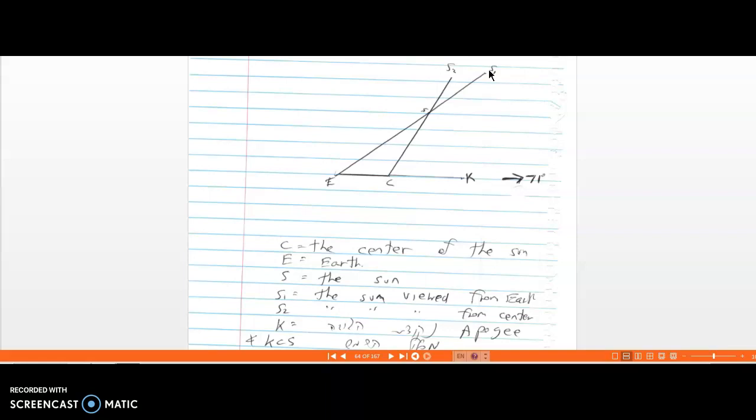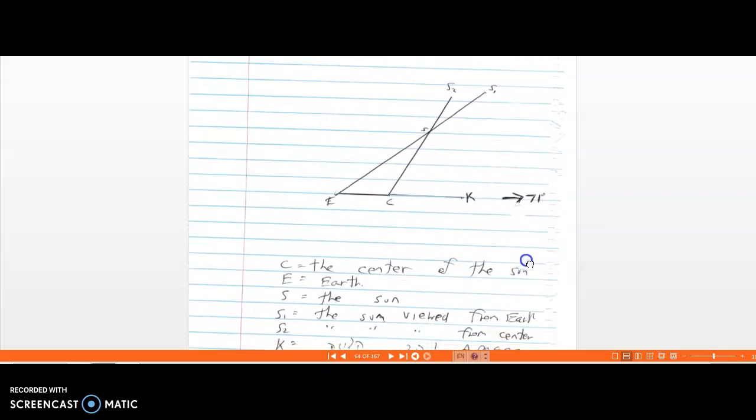But as viewed from here, from the center of the sun's orbit, let's assume this is 70 degrees. So we have 141. So as viewed from here, the sun is seen at 141. That's much, much further along. This is the idea of, let me just move this up a little bit. You should be able to see the